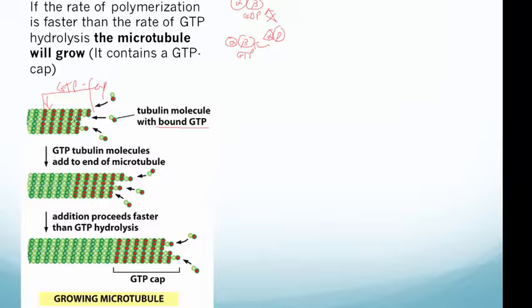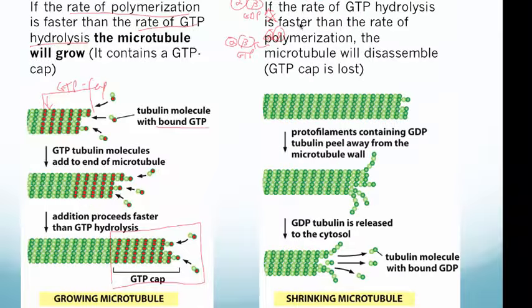the microtubule. So essentially, if the rate of polymerization is greater than the rate of GTP hydrolysis, the microtubule will grow, and this is important, because it contains a GTP cap. The rate's faster than hydrolysis, so the end of the microtubule always has this GTP cap. However, if the rate of hydrolysis is faster than the rate of polymerization, so if for some reason, let's say you run out of heterodimers at the end and all of a sudden GTP hydrolysis catches up to the end of the microtubule, you will get depolymerization. This thing becomes unstable and it completely falls apart, and the microtubule will shrink in a process that is called